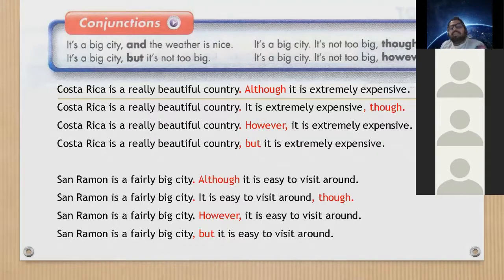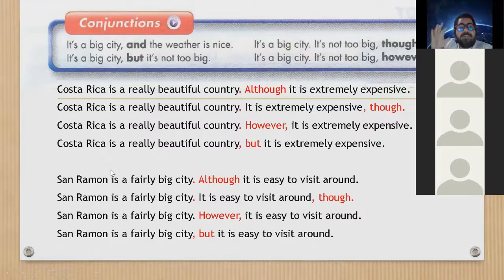Okay. So look at this, guys. We have all the examples, okay, about making a contrast, okay. As you can see here, there you have the different punctuation. Y vean qué interesante, guys. Cuando escribimos con el but, siempre va una coma antes. Always, okay, mandatory. Okay, there is always a comma before but. Let's take a look at the next one, guys.